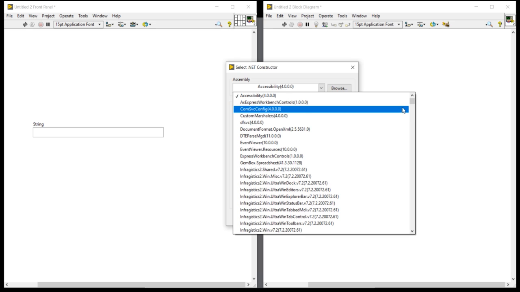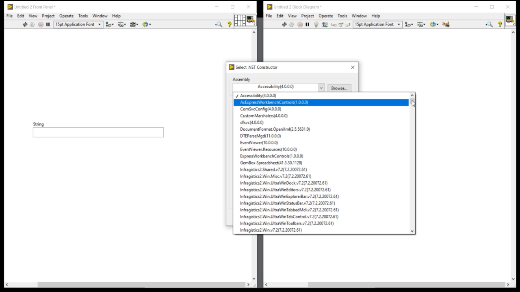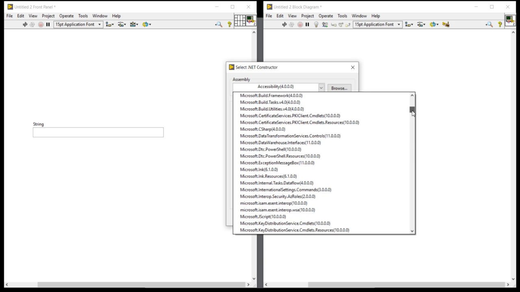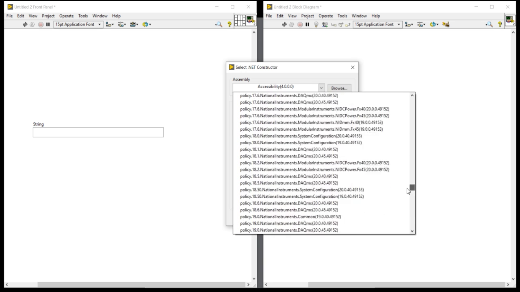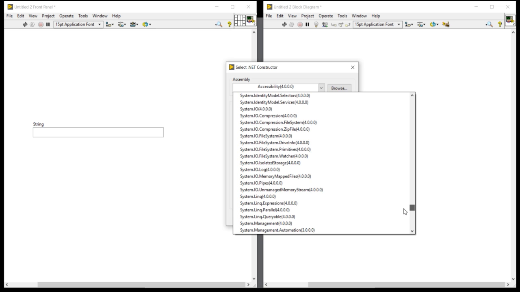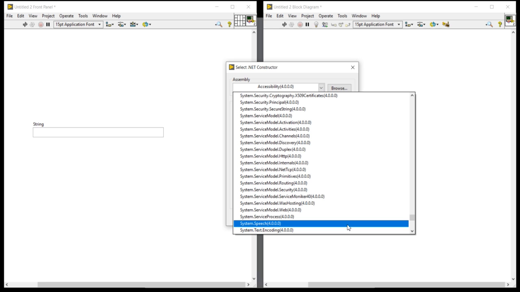Now I think you are getting this scroller on the right side. Are you getting this scroller? So scroll down, scroll down, until this system speech. Please try to find system speech 4.0.0.